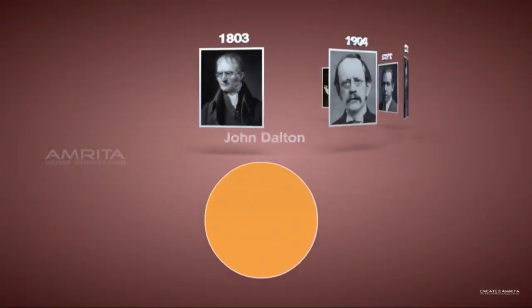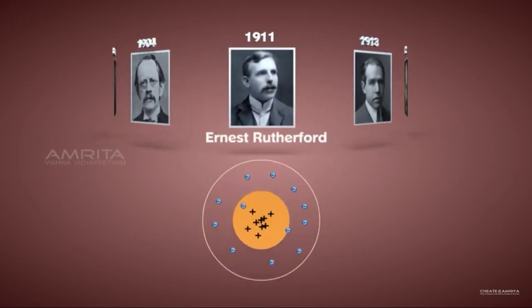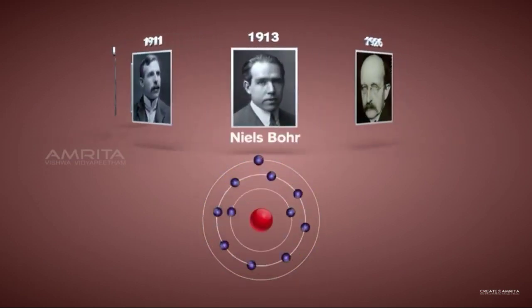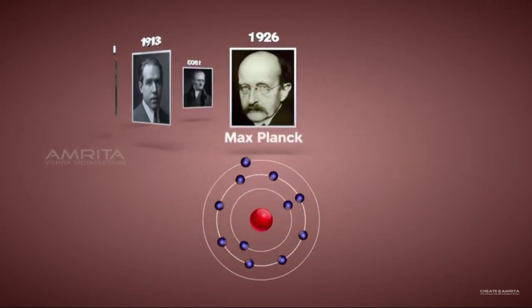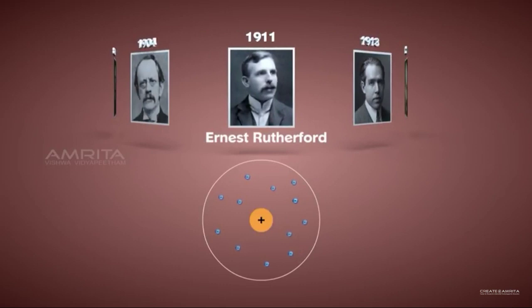Various models of the atom have been proposed by eminent scientists over the years. These models have increased our understanding of the atomic structure. Among these models, Rutherford suggested that electrons revolve around the nucleus in well-defined orbits, but there was a problem with